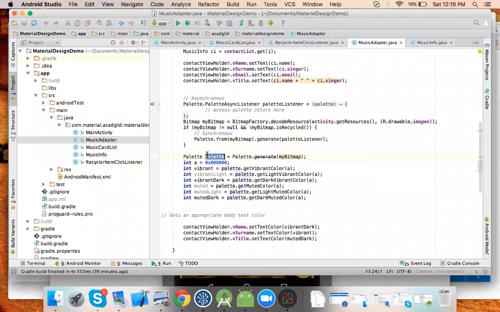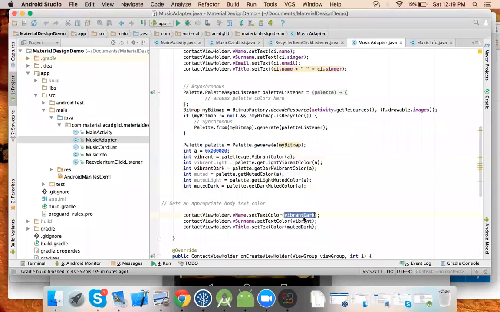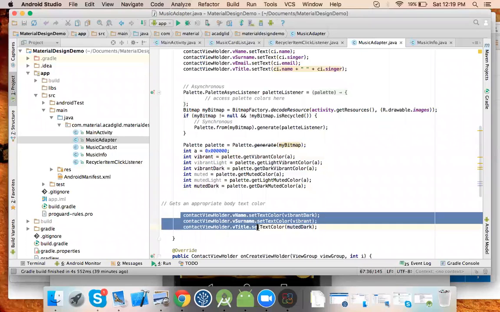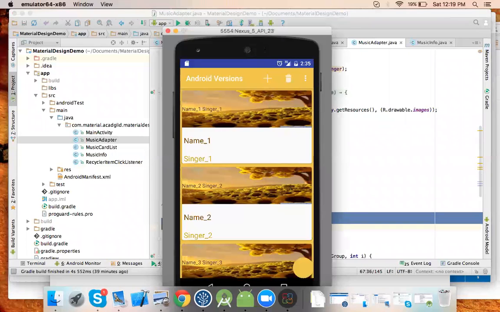Now I have this palette. From this palette you can choose a color. So I say, tell me the vibrant color. Vibrant color is the most visible. Then I have called the dark color, vibrant light color, muted light color, muted dark color. I have used three: vibrant dark, vibrant, and muted dark. I've used these three, and if you see,